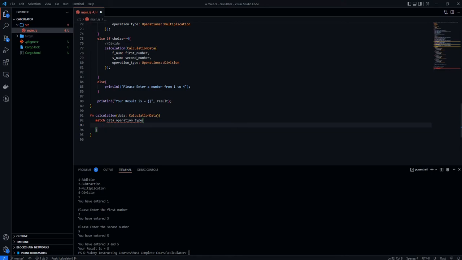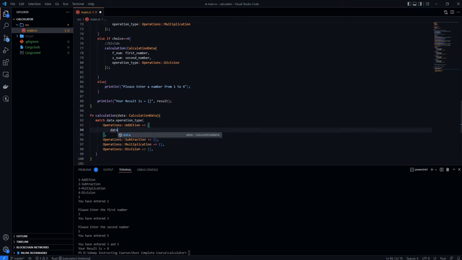So let's proceed with Operations.Addition, and right now we'll just copy it, and subtraction, multiplication, and division. As soon as we complete the division part, you see that the error is gone. So inside here we can simply add the data types, data.first_number plus data.second_number,